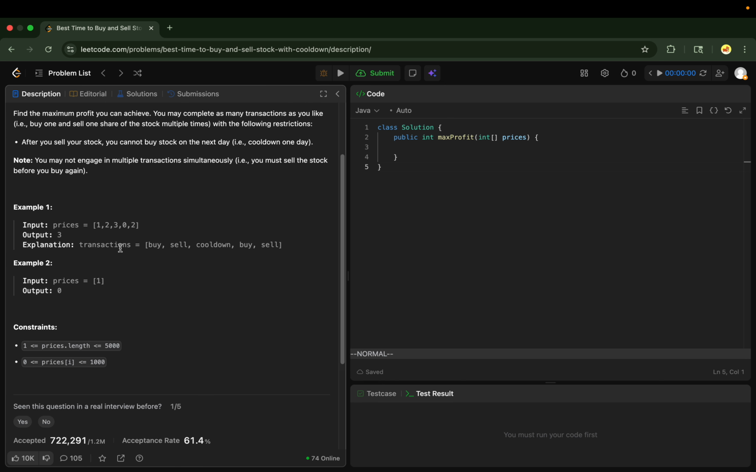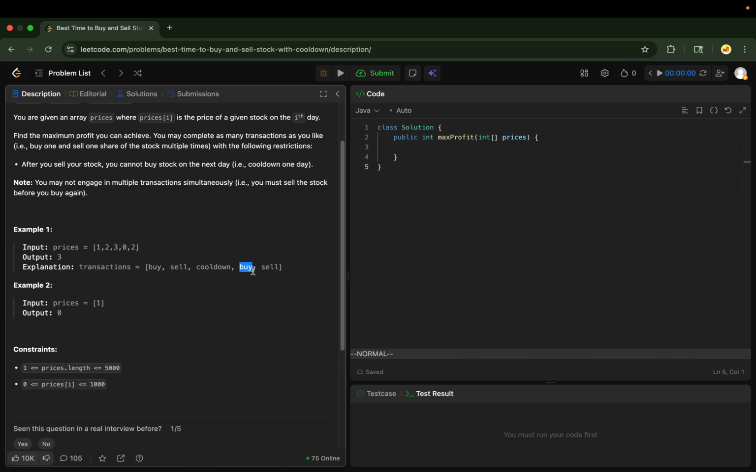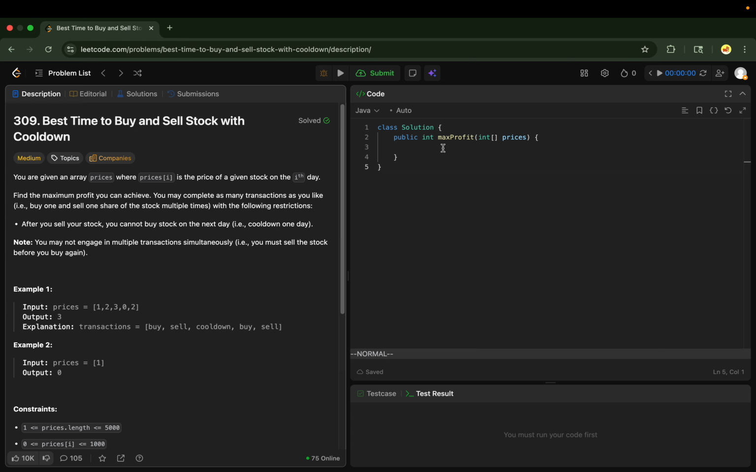Okay, so for the prices 1, 2, 3, 0, 2, the transaction is like buy here, sell here, cooldown, and buy, sell. After you sell, you have to cool down 1 day, which means before you buy, you have 1 day of cooldown. So for this one, we can use like a